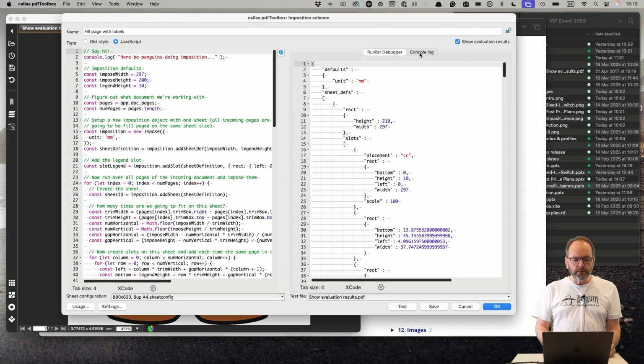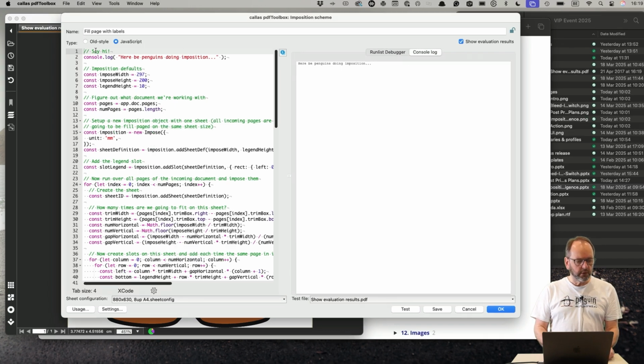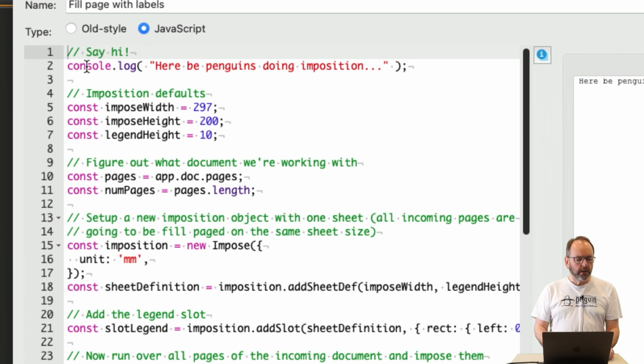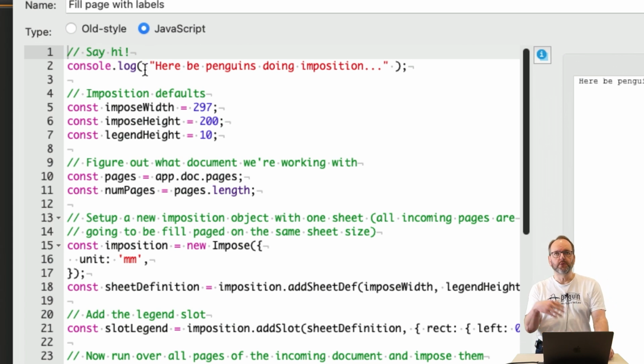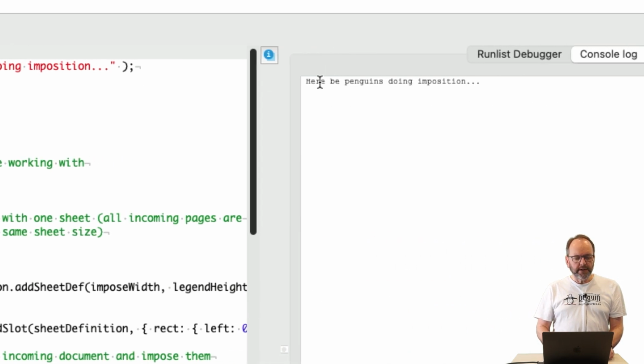And so it shows me two things. The simplest is this console.log. So if you look on the left-hand side, there is a console.log statement, and you can use console.log or console.info. There's a few ways you can do this. And then on the right-hand side, it says what you write to the console. And why is this